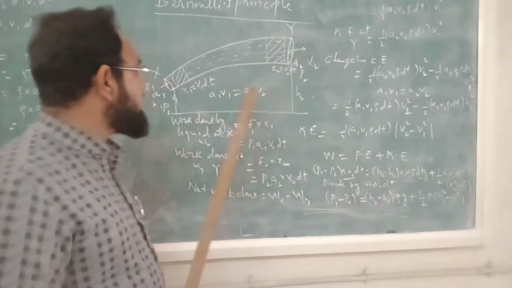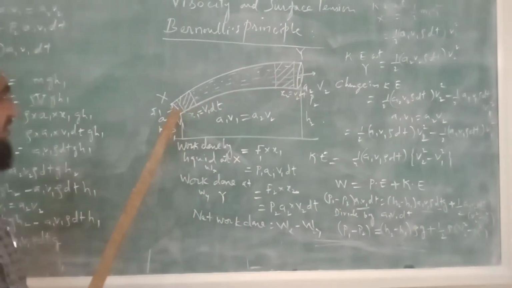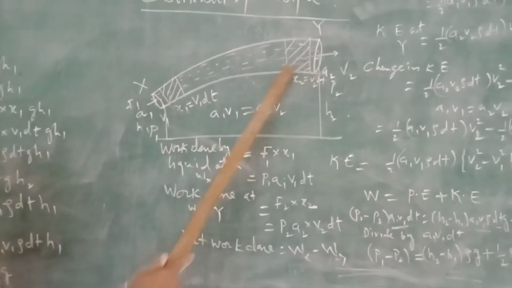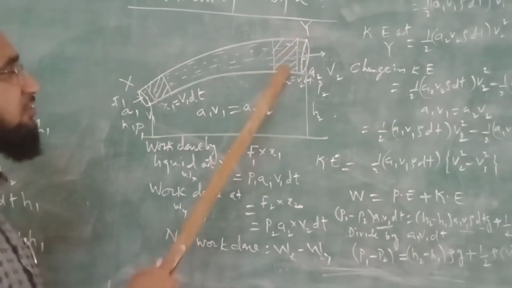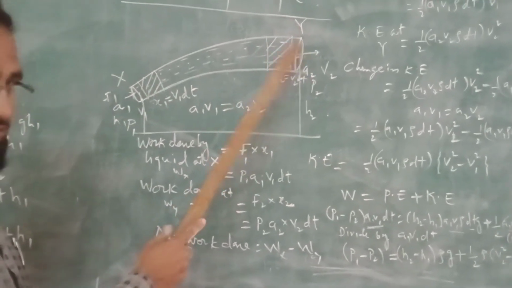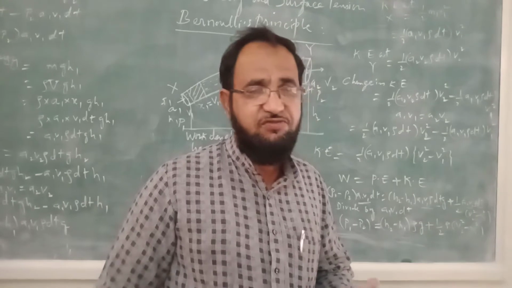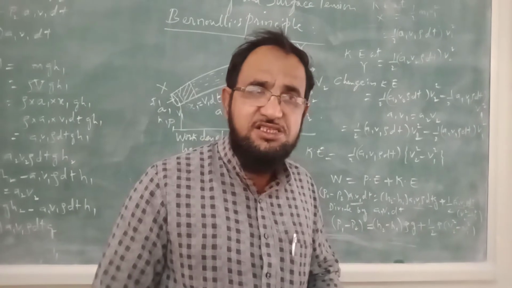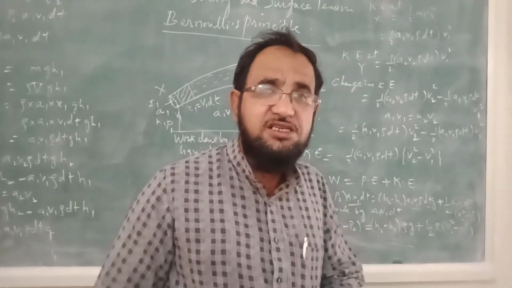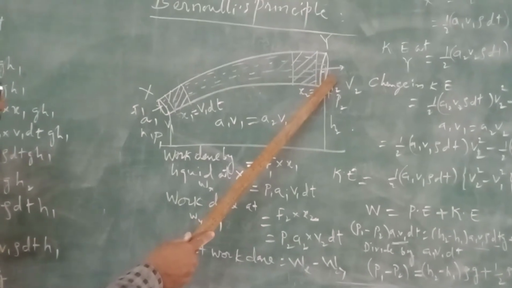So here I will consider a tube of length L, and the diameter of the tube is different at both the ends. Here the area of cross section of this tube is A1. Here the area of cross section of the tube is A2. And the Bernoulli's principle is that the total energy of the liquid which is flowing through this tube, that is the pressure energy, kinetic energy and potential energy, this total energy remains constant. So I am considering this tube of area of cross section A1 here, area of cross section A2 here.